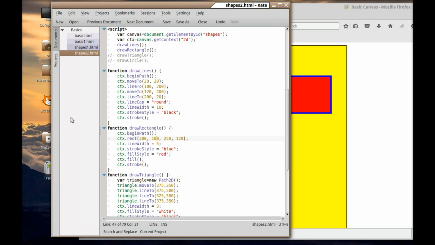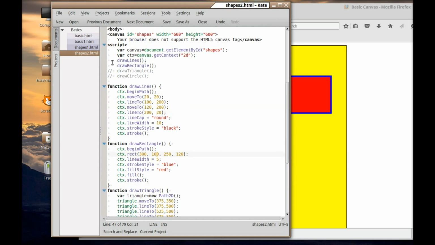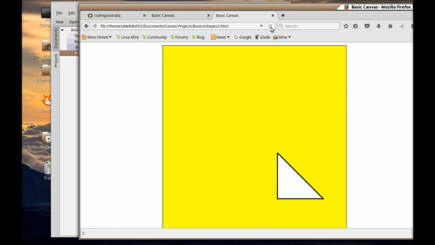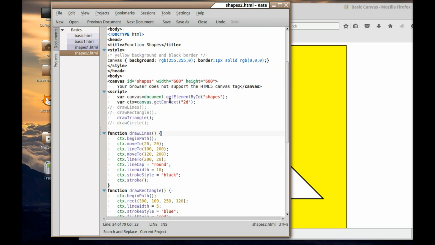And then if I go back here and I go, well alright, I'm happy with the rectangle, I'll now start working on the triangle. So you could comment everything out except the triangle if you wanted to. So you could put that back in and get rid of these, or comment them out I should say, and see what we've got now. Okay, so very handy doing that kind of stuff, and we'll do that a bit more later on. So I'll just put it back how I found it,